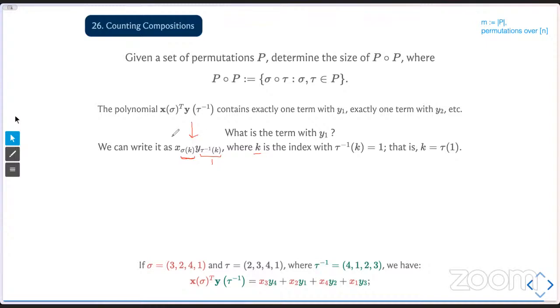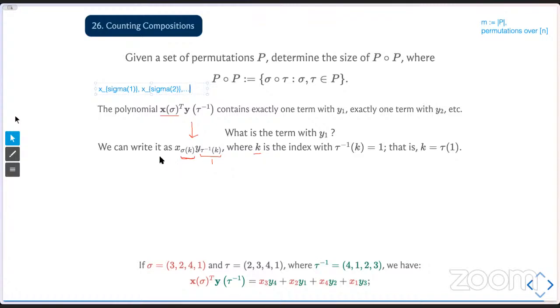Because we are doing x of sigma. So remember, what was x of sigma? x of sigma was simply x sub sigma of 1, x sub sigma of 2, and so on. So if I know that y1 is the kth index in this summation,